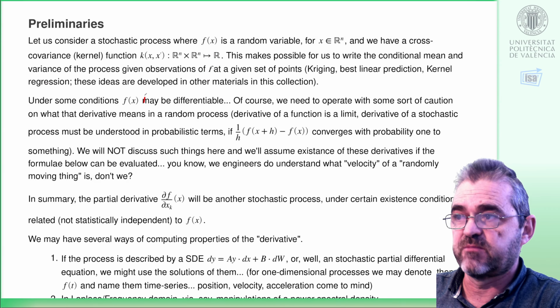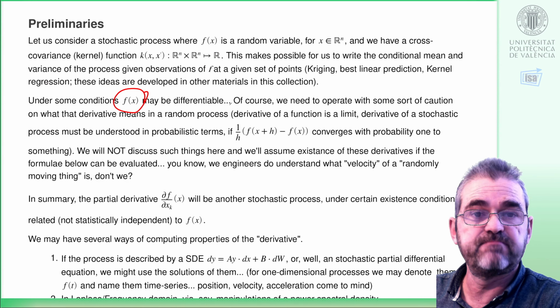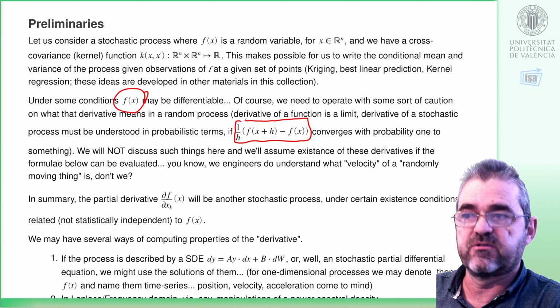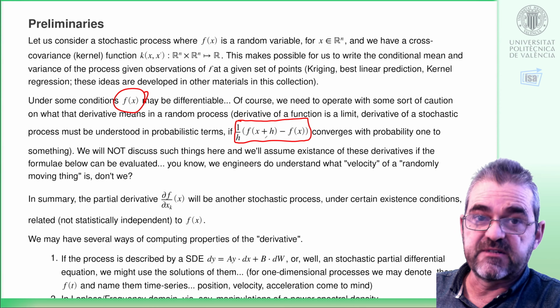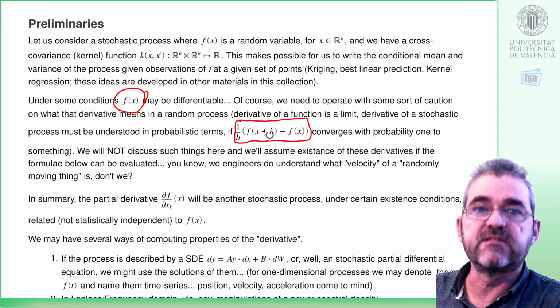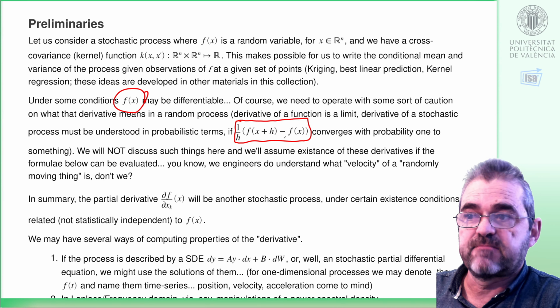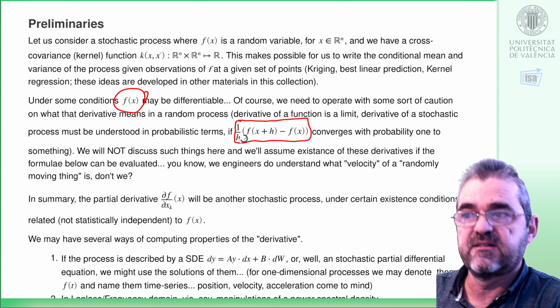So, under some conditions, this stochastic process may be differentiable. Which are those conditions? Well, this is sort of the tricky part. This difference must converge with probability 1 to something, so rigorously stating what convergence of this actually means is the task of mathematicians. In here we'll not discuss the details of that existence, of the limit of this when h